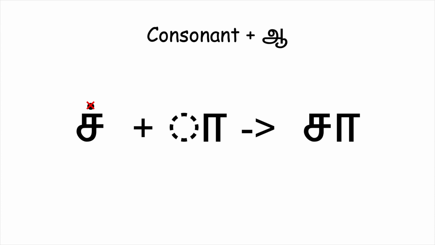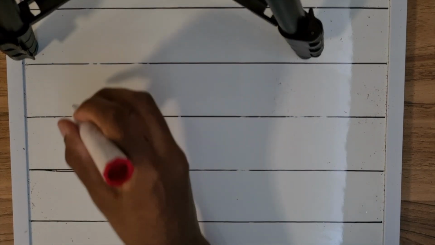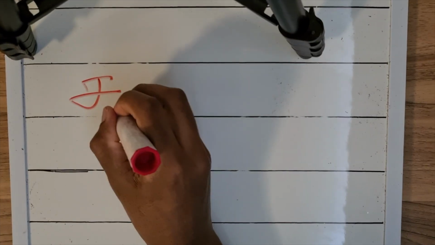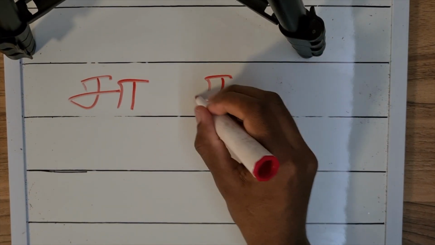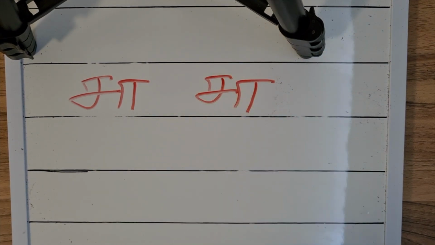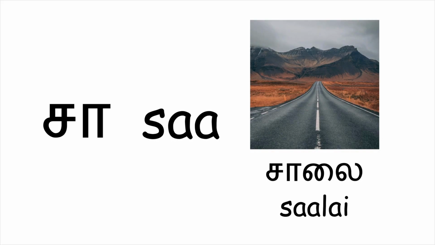Let me show you how to write sa. An example word that starts with sa is sali,